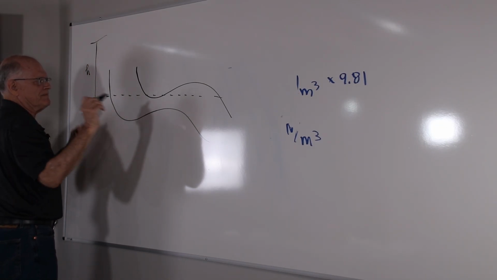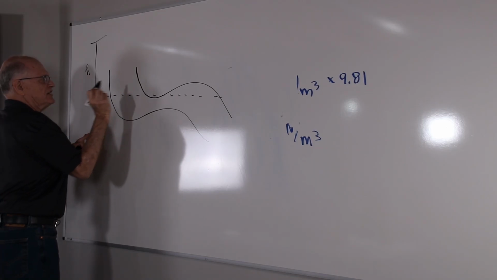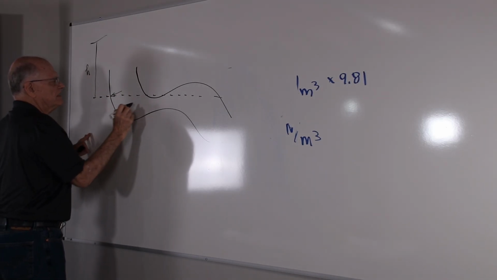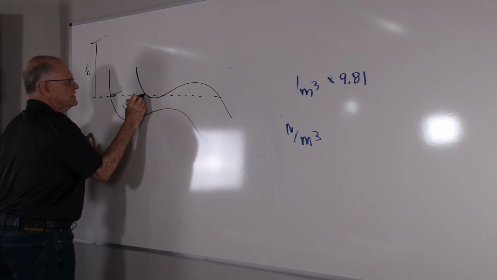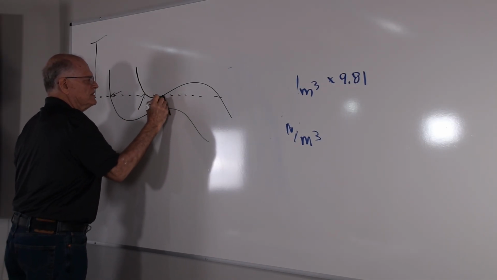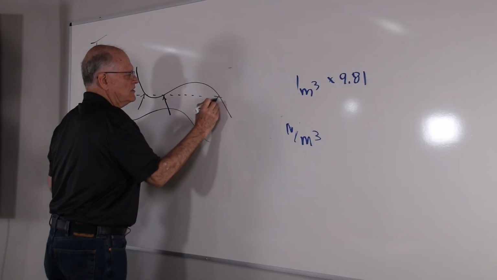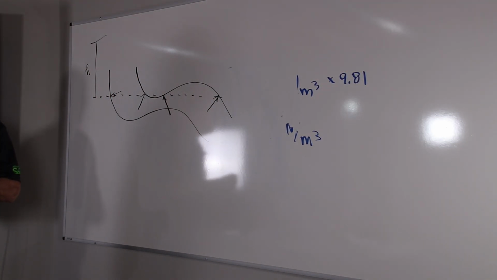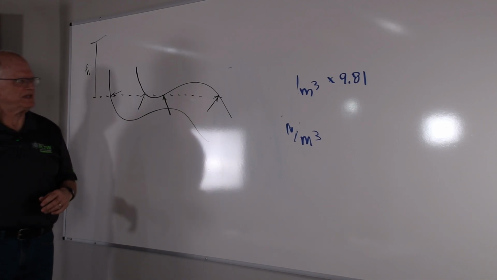The pressure at this depth is always the same, but it acts perpendicular to a surface. So it's going to act perpendicular to this one, this one, this one, and this one. But all of those pressures are exactly the same as one another, but they're going to act perpendicular to a